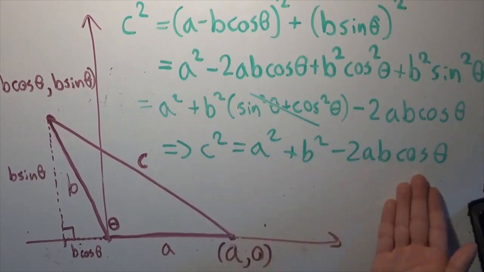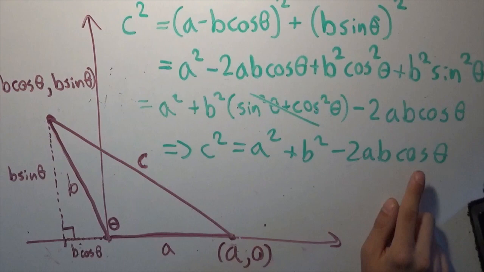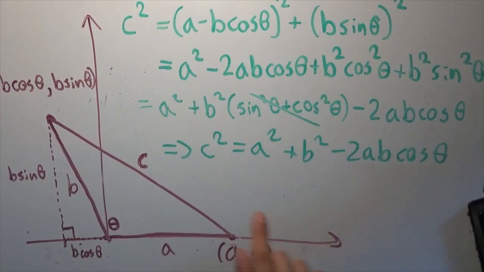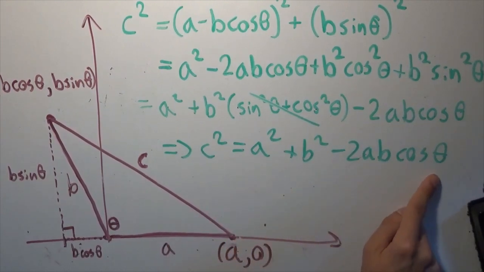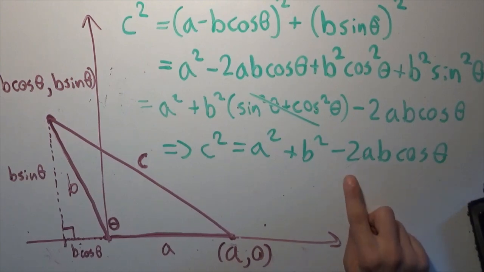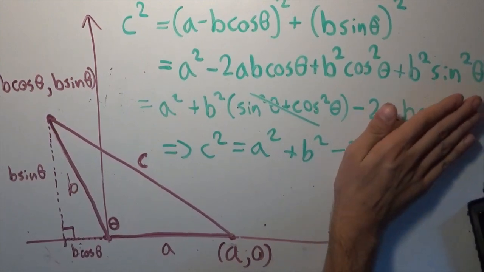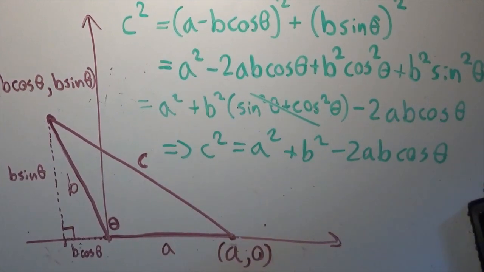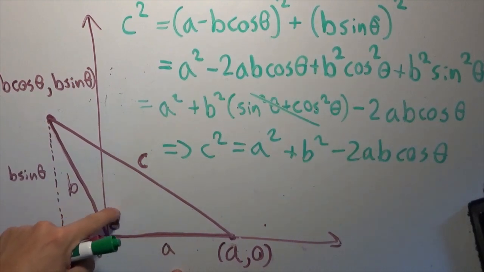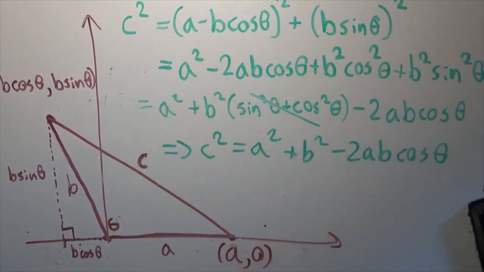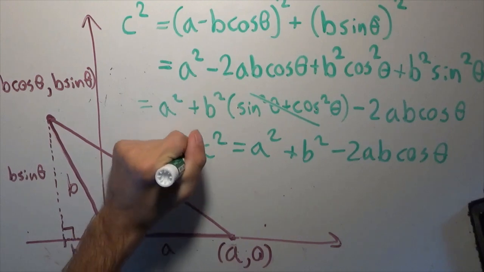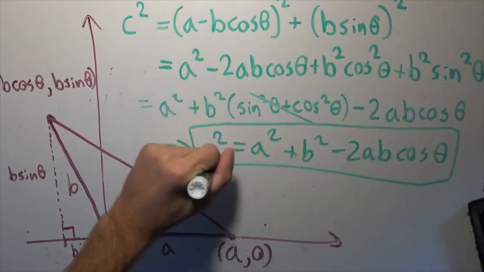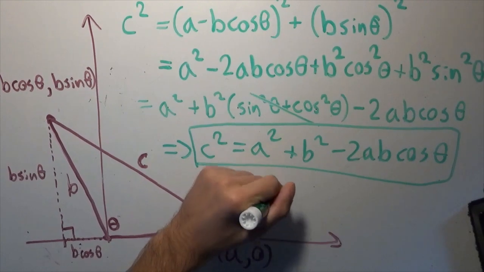A Pythagorean theorem for all triangles, right? You just have to incorporate some trigonometry, actual trigonometry, instead of basic geometry. Essentially, if theta is 90 degrees, then cosine of theta is 0, and 2 times a times b times cosine of theta is 0. And so we would be left with the Pythagorean theorem, which is exactly what we'd want anyway, because what do we know about right triangles? We know the two legs and the angle between them, which is the right angle, and we want to find the hypotenuse, which means that when the angle is 90 degrees, it should simplify to the Pythagorean theorem, and that's exactly what it does. So there is our law of cosines, and we call that a big fat QED,